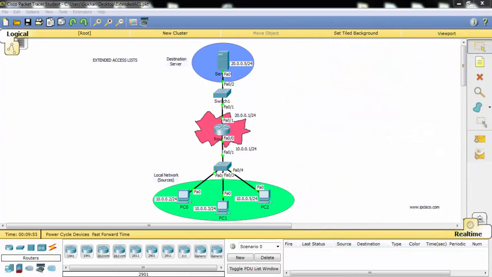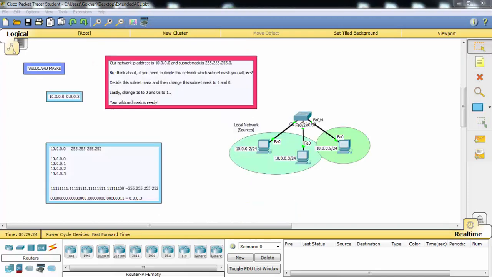Here we have given only one example for extended access lists, but there are too many options for extended access list. You can deny different protocols, you can deny different ports, etc. And additionally, there is also a named access list, and I will not give any example for this because it is only a little different part of this extended access list. After the configuration, I would like to say something about wildcard mask and explain why we use that wildcard mask